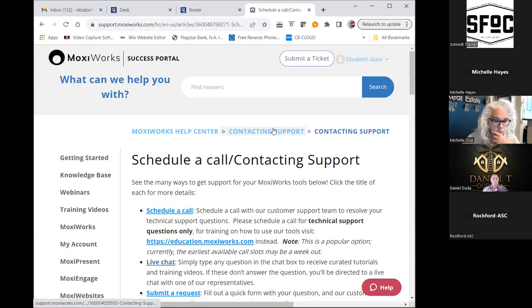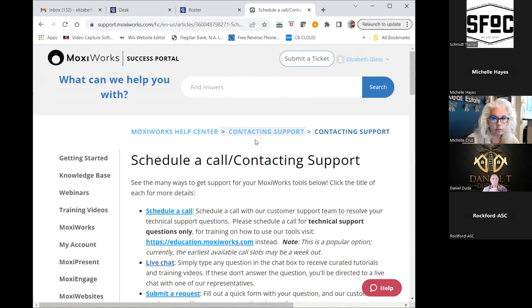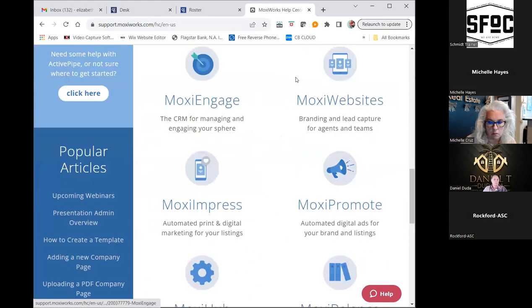But there's a lot of times where you guys maybe don't need to make a phone call, or you don't need to wait. You just want to see something real quick on how to do something for one of the platforms. So that's where you can use any one of these other options. So either I can click on it from the left side here, or from the main menu, I can jump down here and have it show me, see how it navigates the different platforms, Engage versus websites.